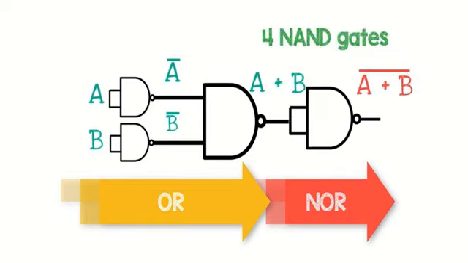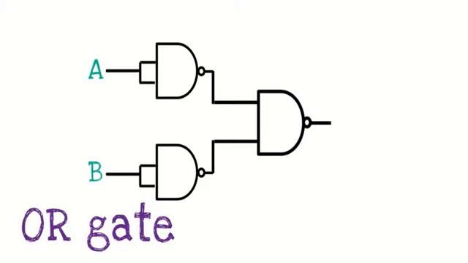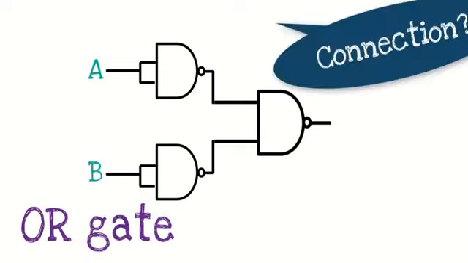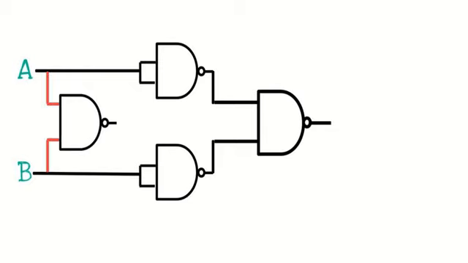For NAND gate we get NOR operation. Now construction of XOR gate. By using OR gate, can we connect? I have a feeling that XOR gate must be somewhat connected with OR gate. We have just seen, now the whole term will be complemented. So just see the change. There is a connection of NAND gate and that is the output of NAND gate, A dot B complement.